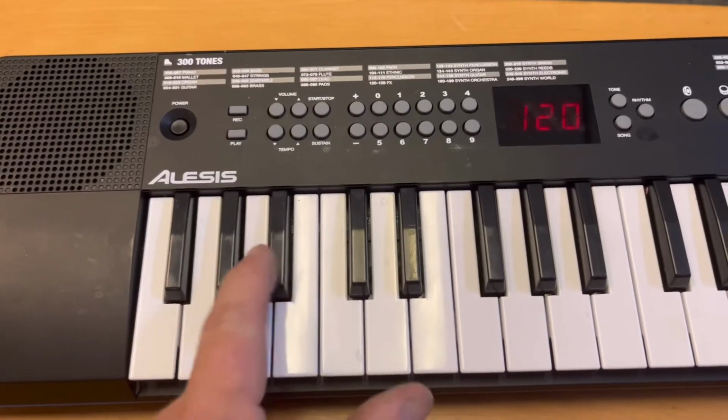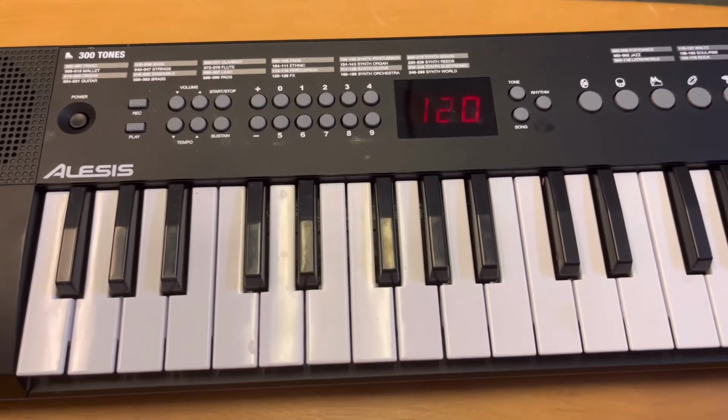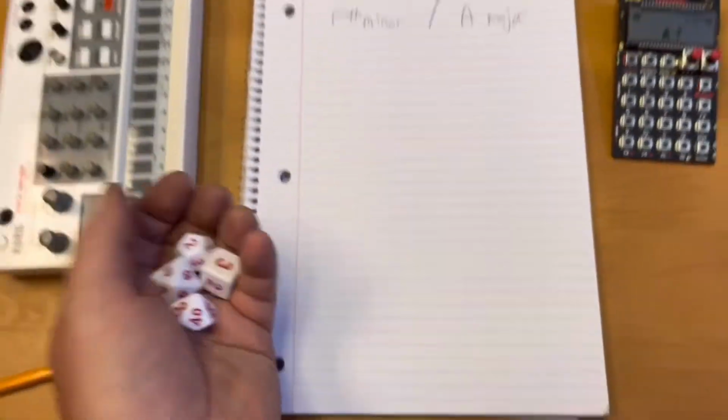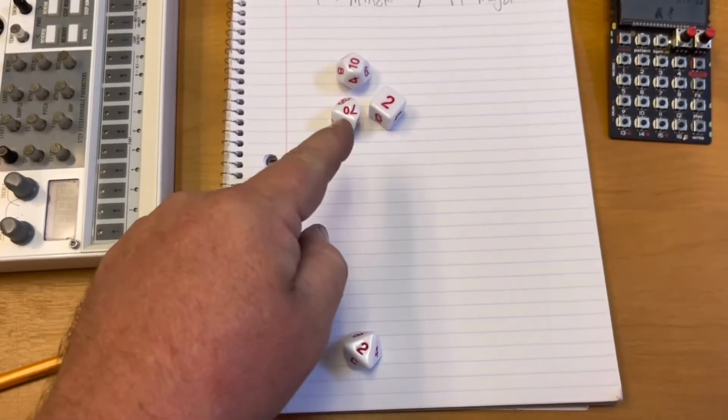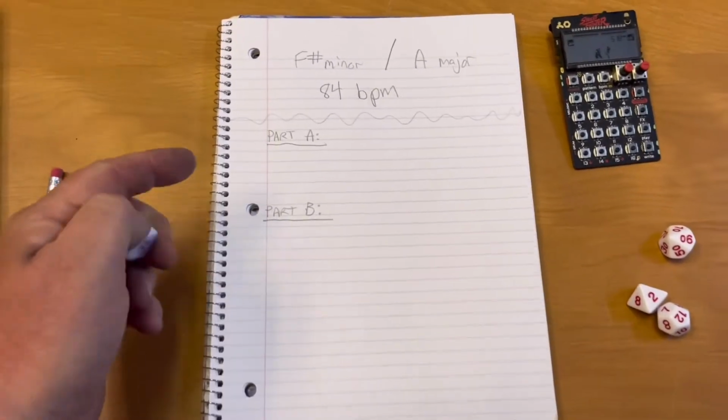1, 2, 3, 4, 5, 6, 7, 8, 9, 10. F sharp minor. Okay, boom. Okay, let's roll for tempo. 2, 4, 74, 84. Okay, so I'm still going mostly random here, but I'm going to keep things a